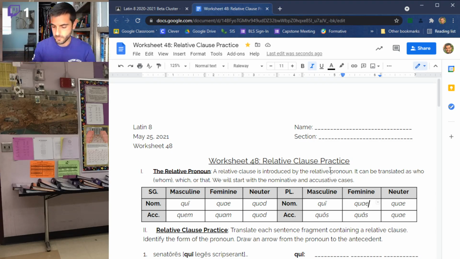Because this noun can be doing two different things relative to those verbs, the case that we use for the pronoun gets a little tricky. So for instance, if you're talking about the cats, right? The cats are sleeping on the table. That's a complete sentence. Cats are the subject, easy. If you were to say the cats which I own are sleeping on the table, now you got to